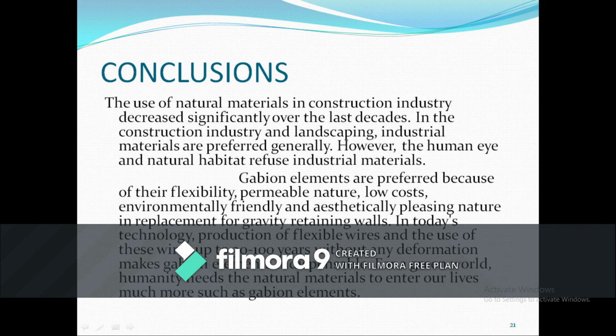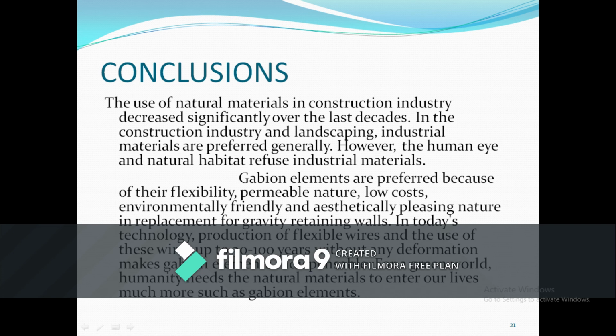These flexible wires are able to hold their shape and hold the rock elements, so Gabion constructions are preferred. Since Gabion constructions require only a mesh as well as natural material, stones, they last up to 30 to 100 years without any deformations.